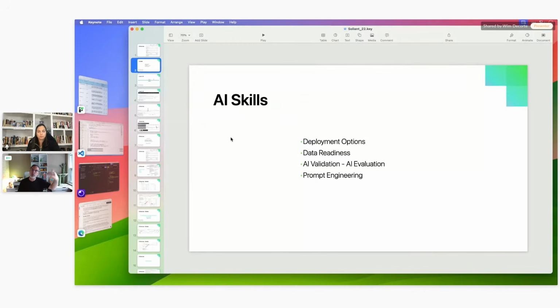And it's this, right? We already mentioned some of the deployment choices that you will have. Do you want to use a commercial provider? Do you want to run your own models? If you want to run your own models, what does that even look like, right? What kind of machine do I need? What kind of hardware resources do I need? Can I put them in the cloud? Yes or no? What does that look like if I put it in the cloud? Can I use serverless? I already mentioned Bedrock. Can I use Bedrock? What does that look like? So all of those are deployment options that we need to think through and acquire skills for, to basically help our clients.